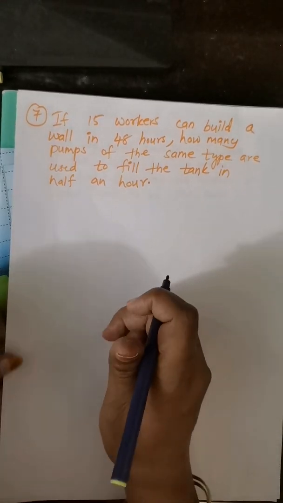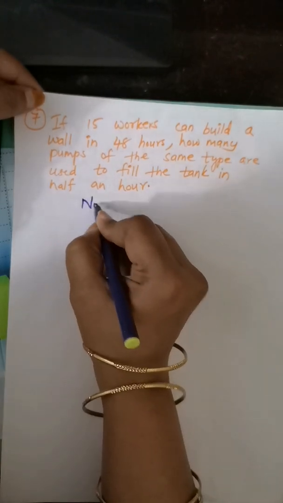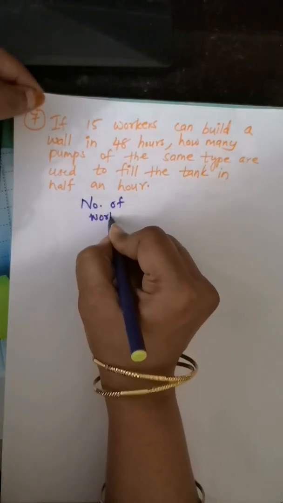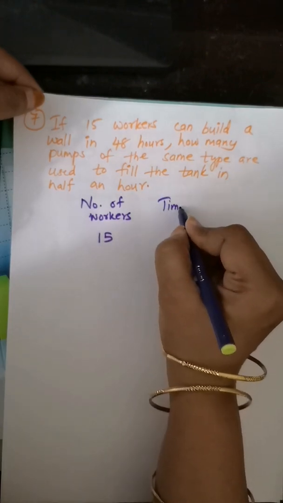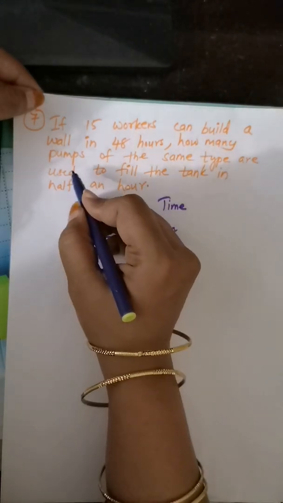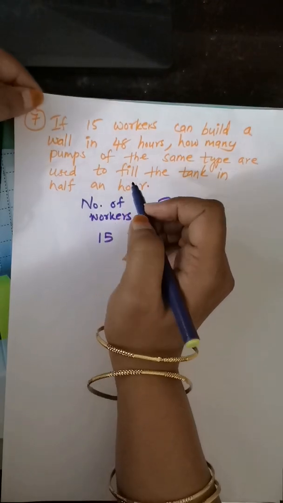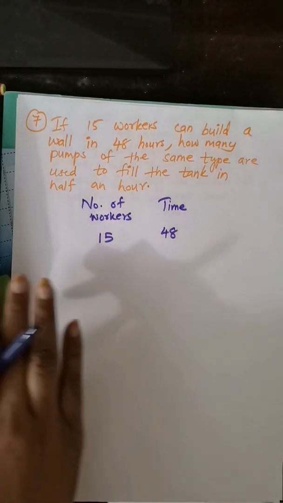If 15 workers can build a wall in 48 hours, the number of workers is 15 and the time taken to build the wall is 48 hours. How many? One minute, children. The question is, how many